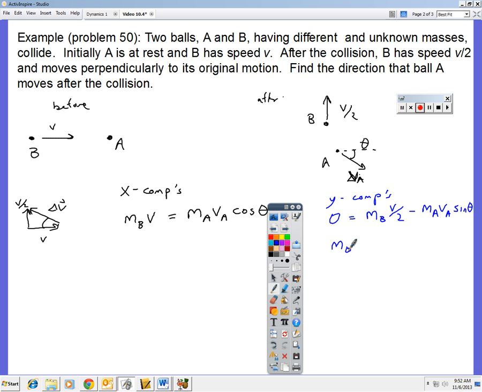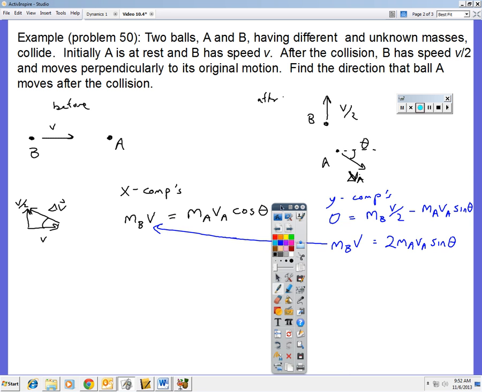And now we'll solve this equation. We'll say m_B times v, because we don't know either one of those, equals 2 m_A v_A sine theta, because what we're doing is we're looking for theta. That means we want to get rid of everything else, because we don't know anything else. And then we'll take this and substitute it in there,